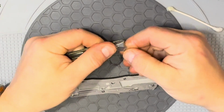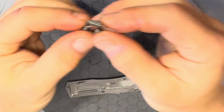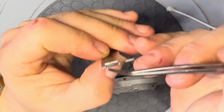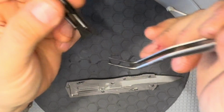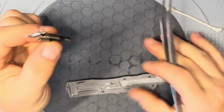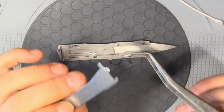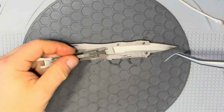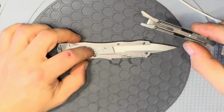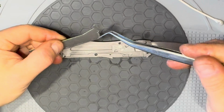Again, I'm doing it here for the first time, so forgive me a little fumbling. And it will go and engage those tabs with the plate. Okay, and that's done. And from there, everything is very straightforward. You just place it into the frame,